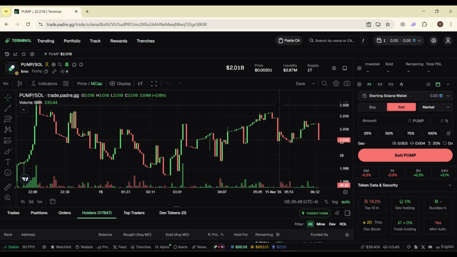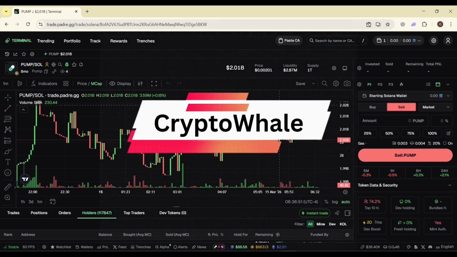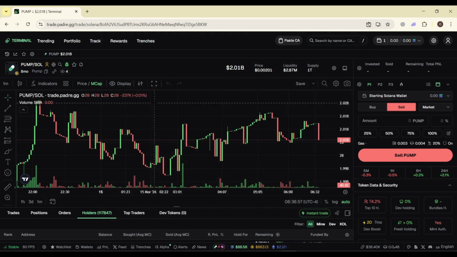So as step one, find a wallet to track. To start tracking, you first need a wallet address. These can come from analytics dashboards, public trading leaderboards, and blockchain explorers. Step two is to add the wallet to your terminal. Many trading terminals allow you to watch specific wallet addresses. You simply paste the wallet address into the tracking section, and the terminal will then show the transactions that wallet makes. Step three, watch transaction activity.